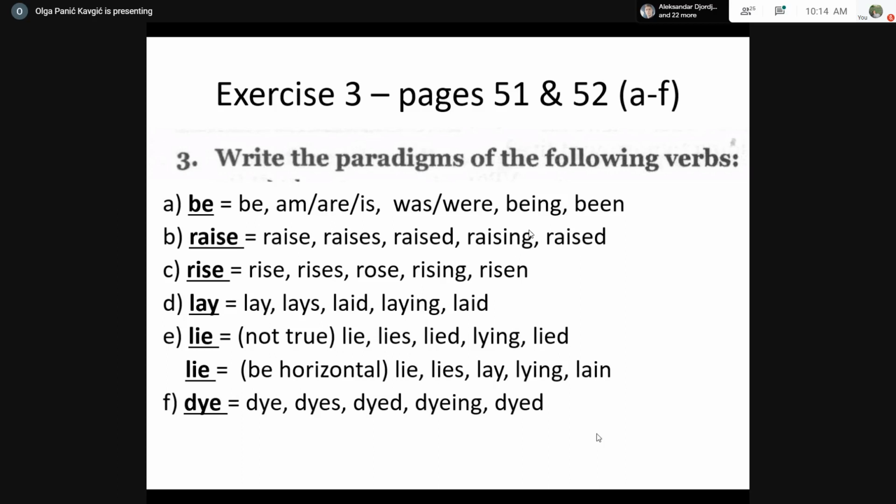I mean, dyeing your hair. Yes, or applying color to either your hair or maybe some clothes or fabric or something like that, but nothing else. It's very restricted in its use. So it's not really widely used as, for instance, paint. The verb paint has a much wider scope of use. Dye is restricted to either dyeing your hair or dyeing a piece of cloth or fabric.